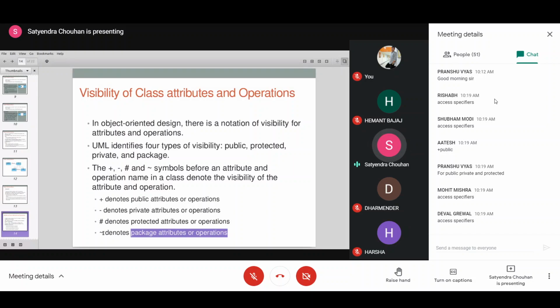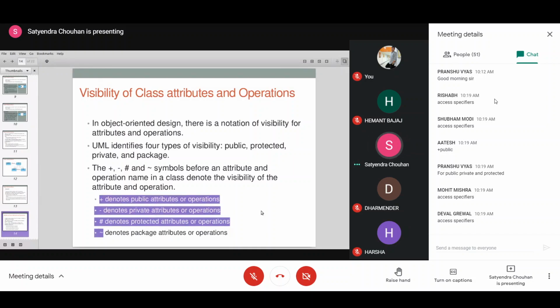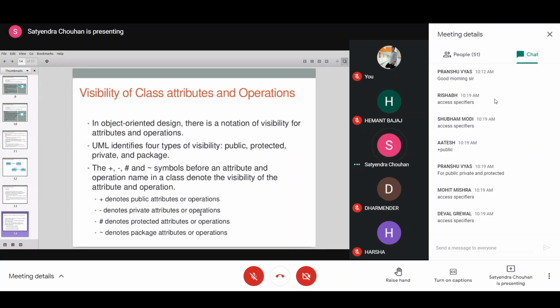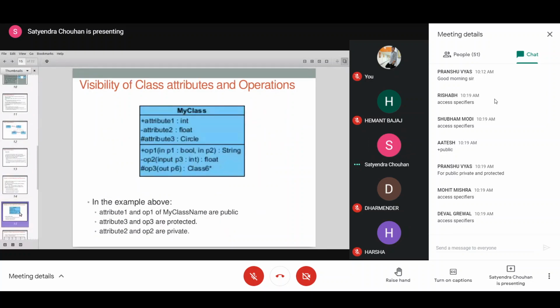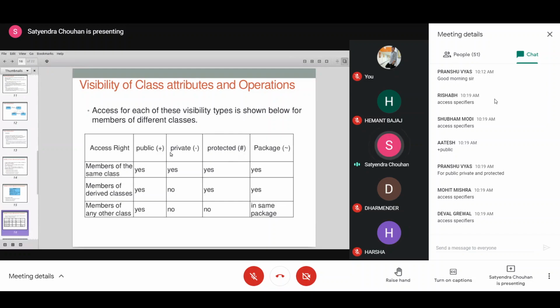So we have four access specifiers in Java, and four notations for them. We have already seen this in the previous example, for which access specifier is visible to other classes or not.